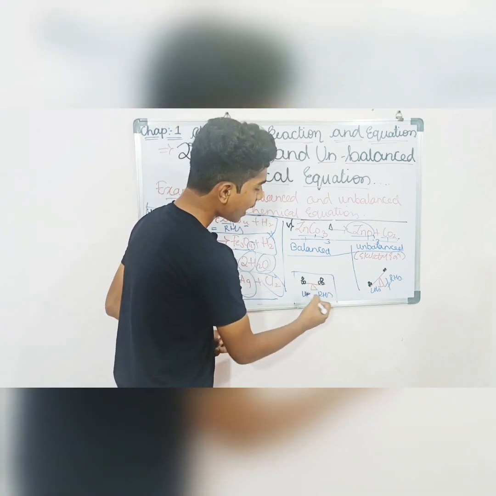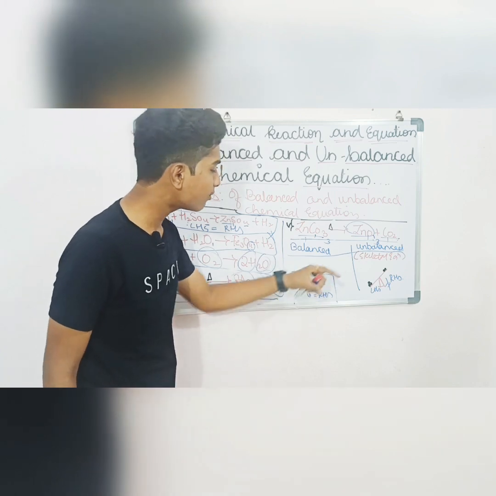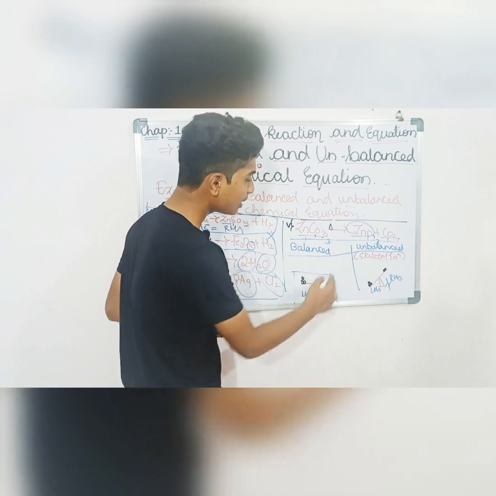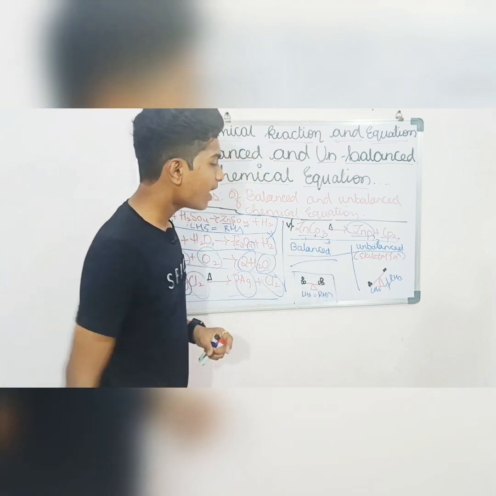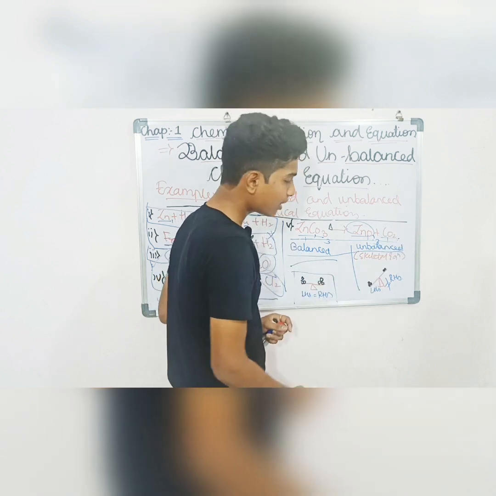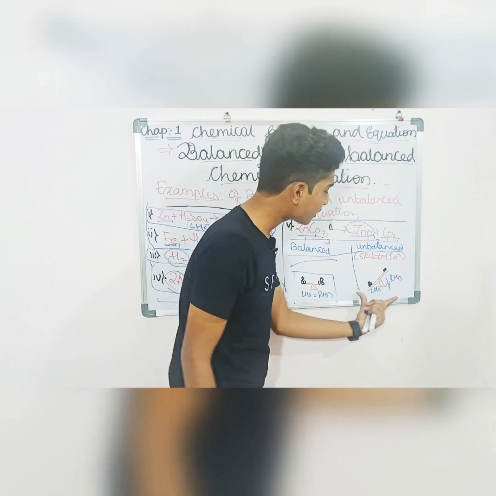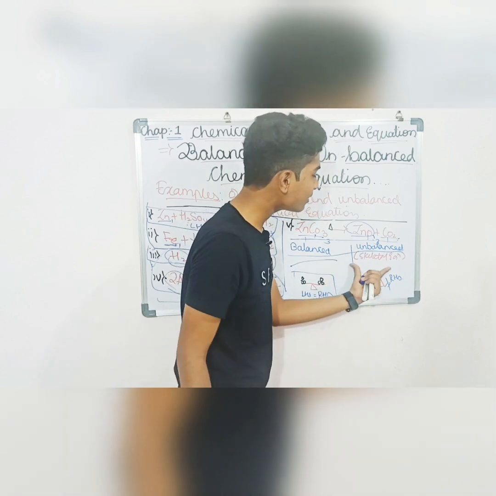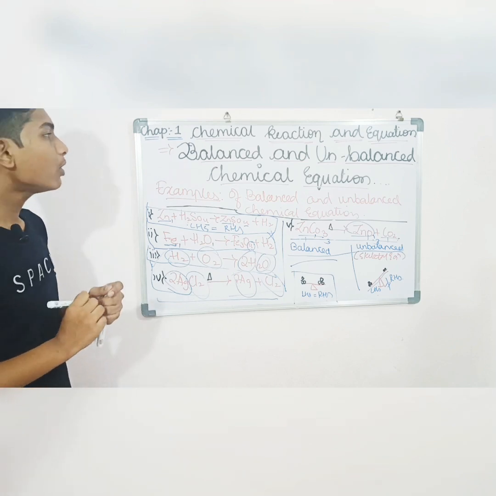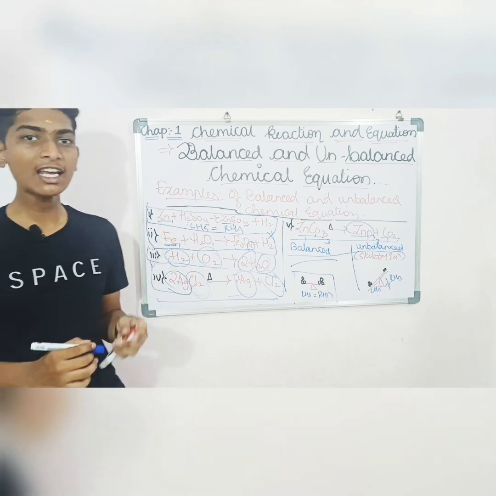This incline is used to show balance in a chemical equation. When it is constant or in a straight line, it means LHS and RHS are equal, and the chemical equation is balanced. When this incline comes in a tilted or cross manner, LHS is not equal to RHS, so this is unbalanced and hence the chemical equation is unbalanced or a skeletal equation. We'll now learn how to balance such unbalanced chemical equations or skeletal equations.